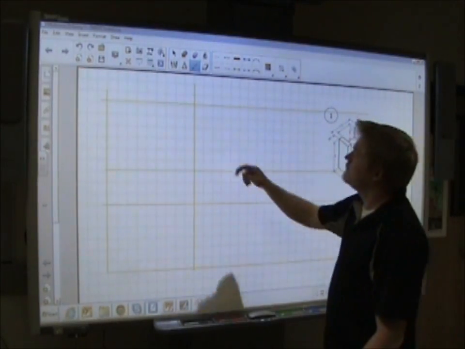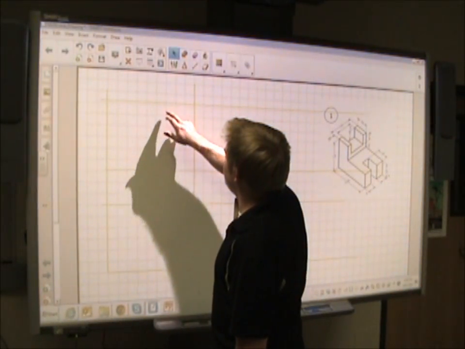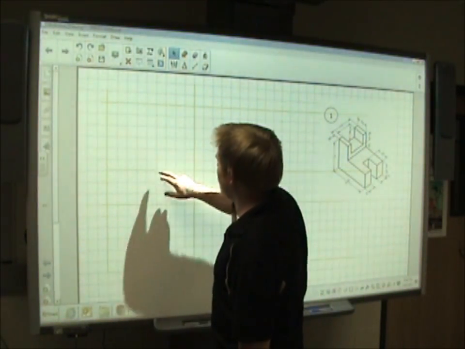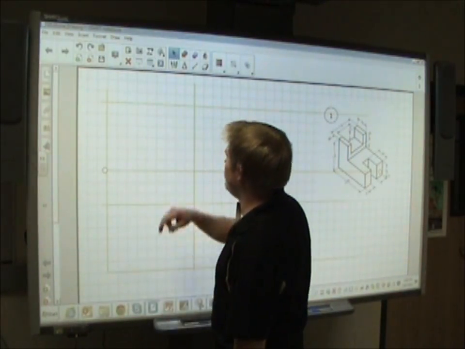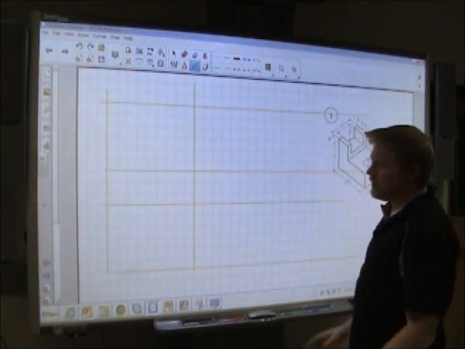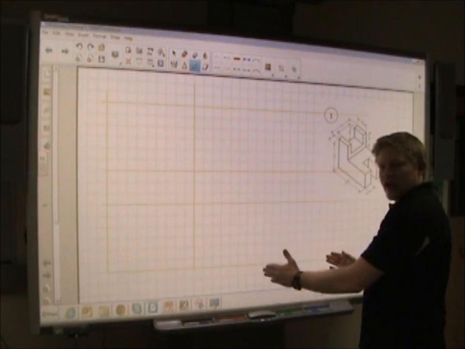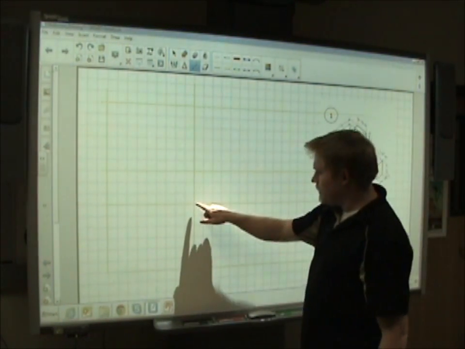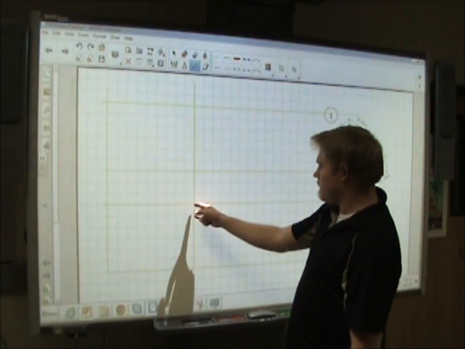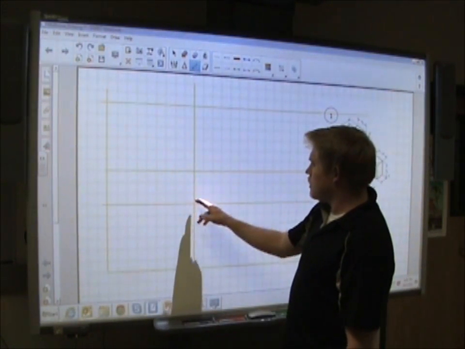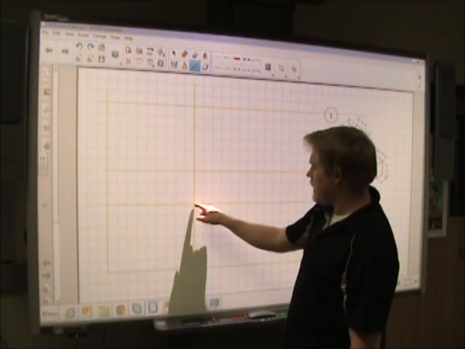Alright, cool. Get these just a little bit. There we go. Alright, now the cool thing is we don't even have to measure in our side view. Let me show you why. From this corner right here where our front view starts heading on to the top view, if we'll take that